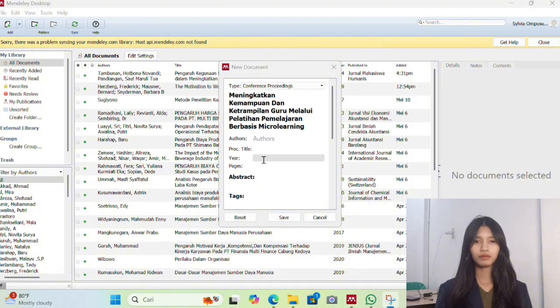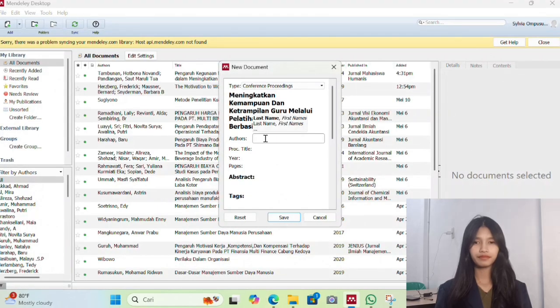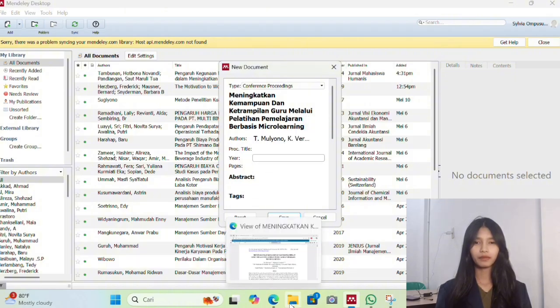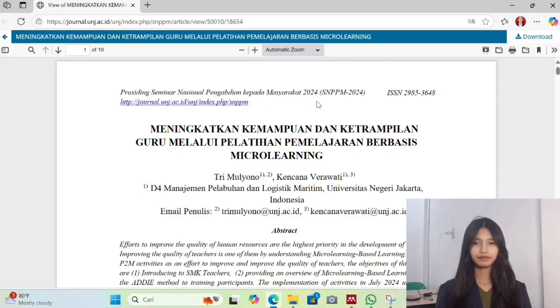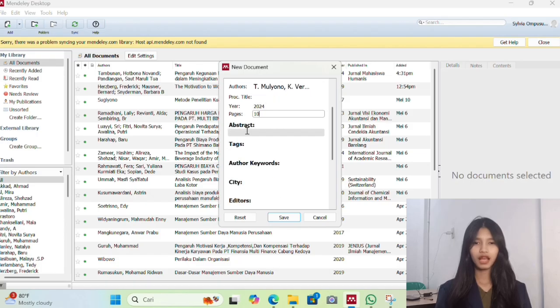Author is who made the proceeding. We can find this in our proceeding. Same like the journal article, the year and pages are from the proceeding, and we can copy paste. The next column is abstract.